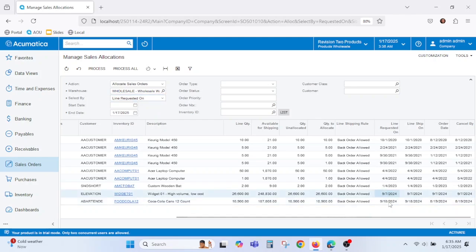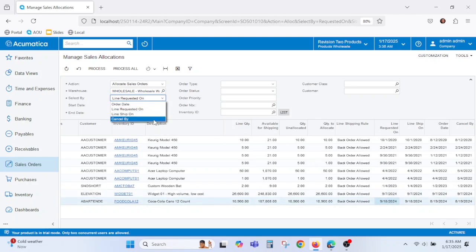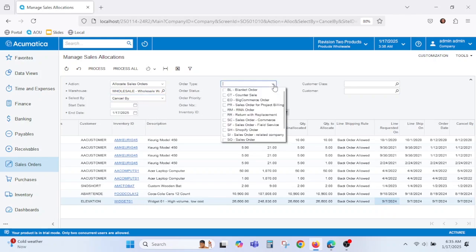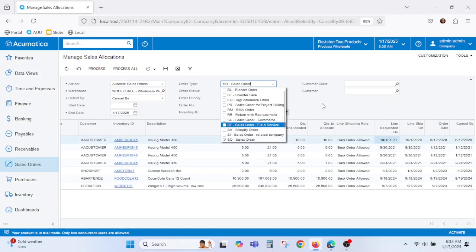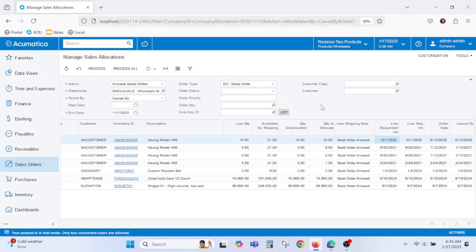The final option in the drop-down is the Cancel By option. This lets you know that the customer may want to cancel the order if it cannot be delivered by this date. Other filtering options in the summary section include the order type, the order status,